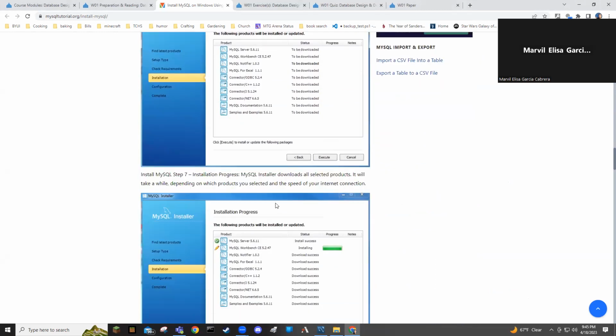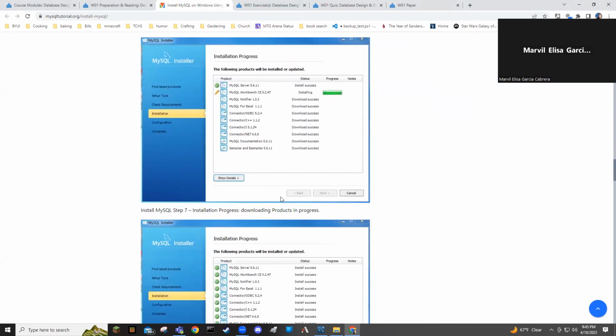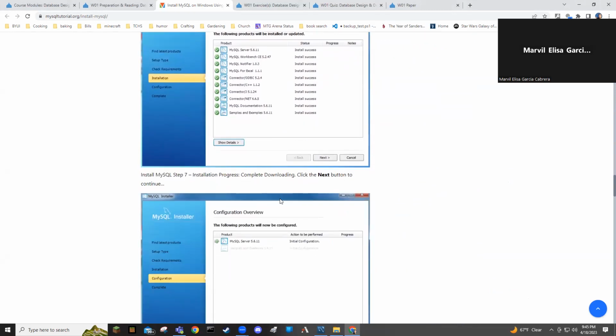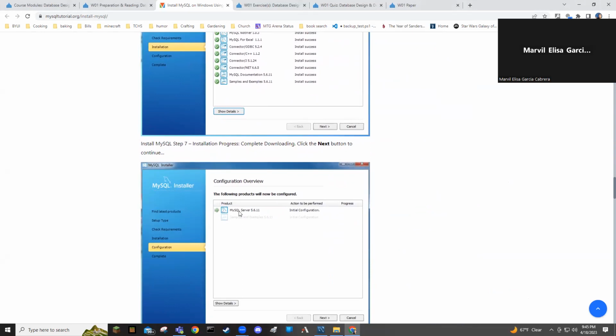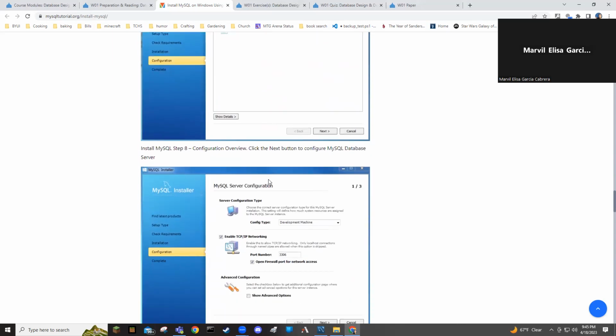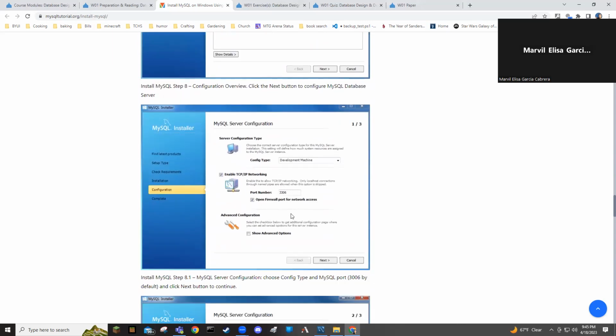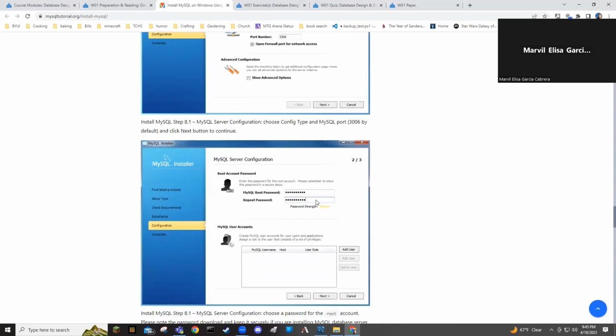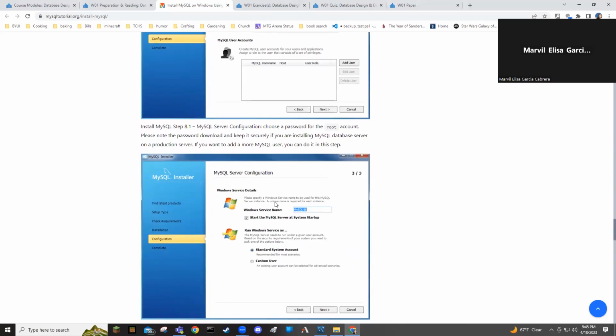The workbench is just the front end that connects to the back end, which is the database system. So you must have missed a step somewhere. Go back to this part where it says configuration. This is where you're setting up the database system. Make sure that's right. Then you have to set the root password. You get to this part, so you should hit every one of these.